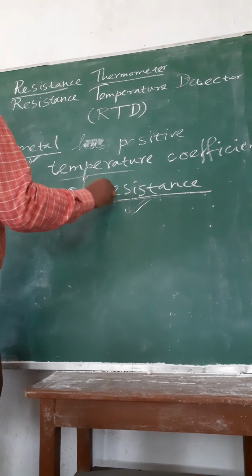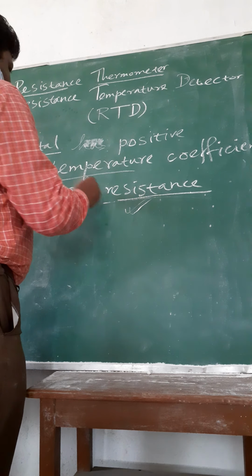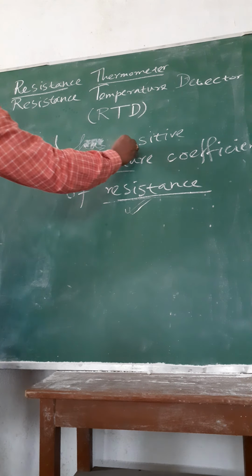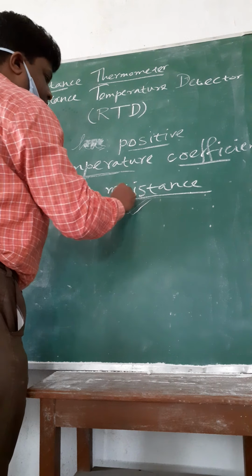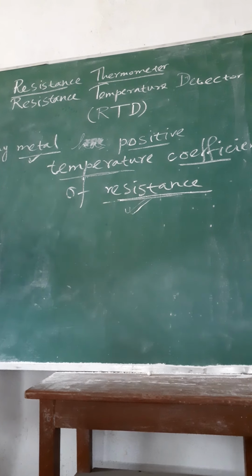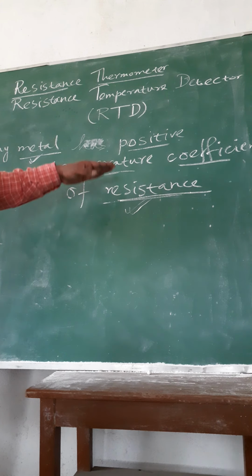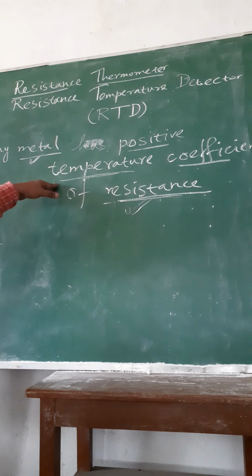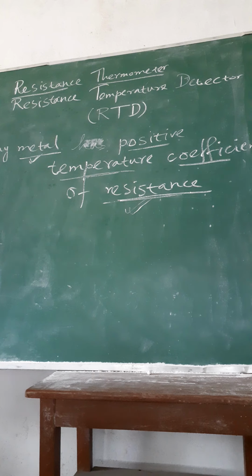That's why we can conclude that any metal has a positive temperature coefficient of resistance. That means its resistance value will increase with rising temperature. That means there is a linear relation